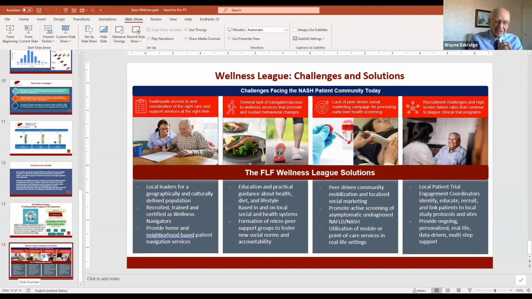And in the flow of how this was supposed to be, we were supposed to run the Sun study and then stand up the Wellness League. COVID blew our whole world apart. And so since we can't do the Sun study now, we're actually pulling up the Wellness League probably a year ahead of what we had originally intended. But we certainly welcome people to go to our site and put in the search term wellness and they'll find it.